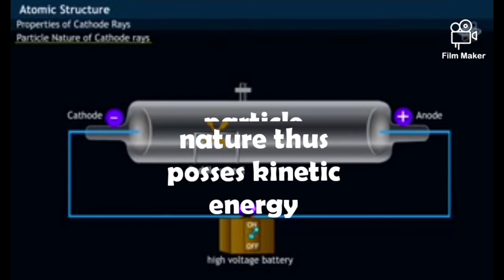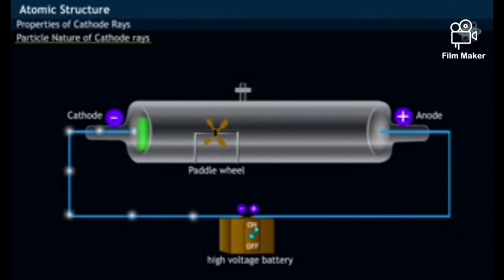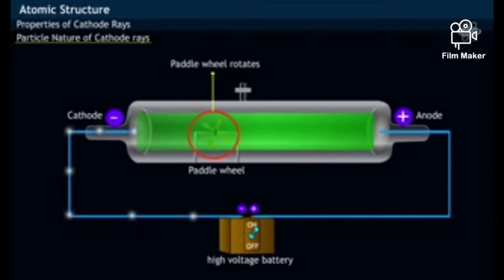They are particle in nature and they possess kinetic energy. When a wheel paddle is placed in the path, as you can see, the wheel paddle will rotate, meaning they have kinetic energy. Okay, so the particle nature here, you discover that now the particles